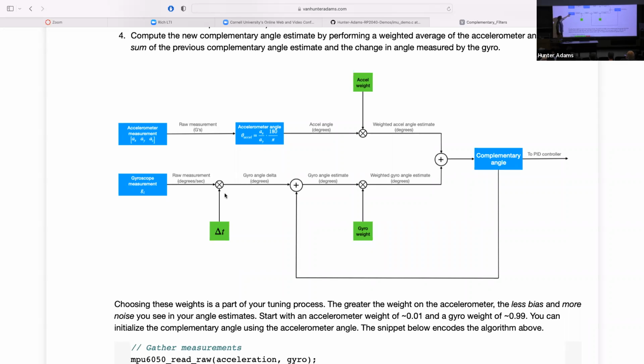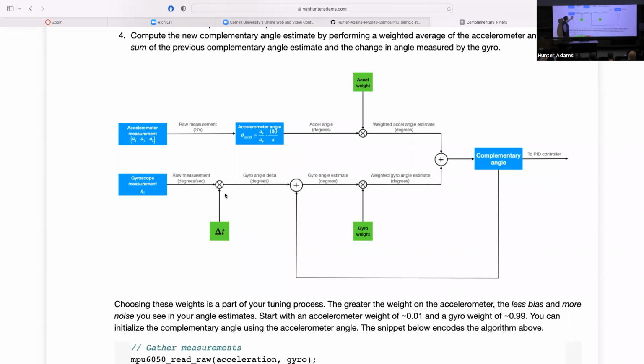Likewise, we gather a gyroscope measurement. We gather all three axes, but the only one that we actually care about is GZ, rotation in this direction. We multiply that by our time step, delta t, which in your case is going to be 0.001, because we're running this at a kilohertz. So it's going to be the fixed point representation of 0.001.